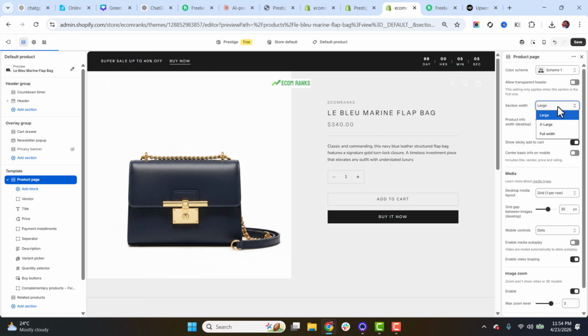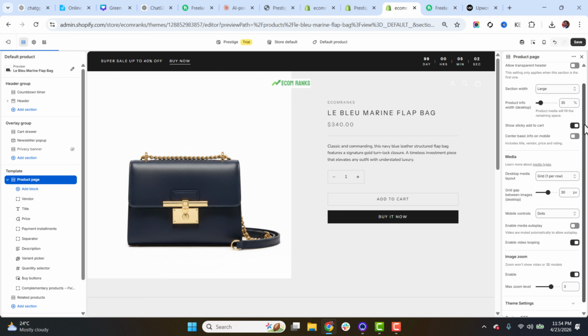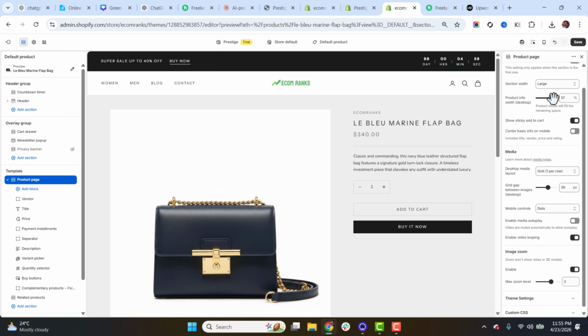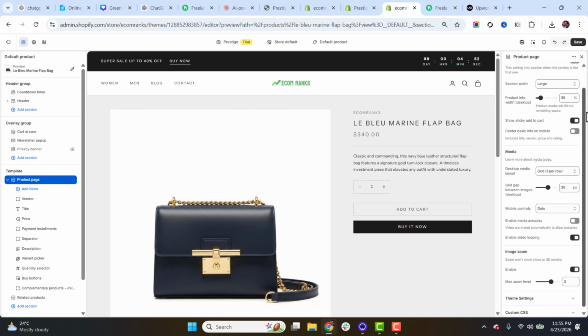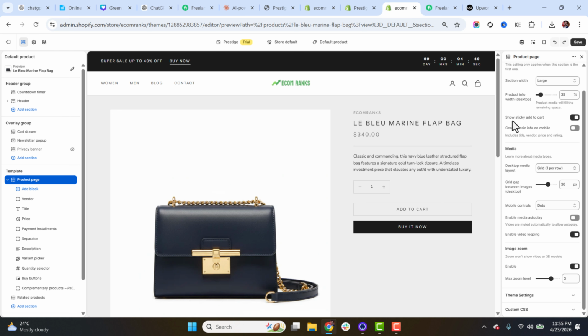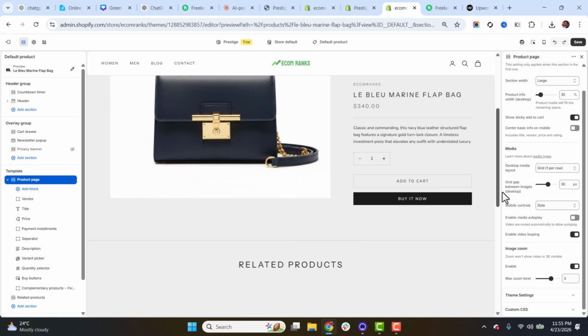And from here, we are able to adjust the section width as I explained earlier. If I increase this one, it will increase the width of this info section. Let me switch back to the default one. And if I scroll down, there are some options like show sticky add to cart and show basic info on mobile. These are pretty easy to manage. If I scroll down,